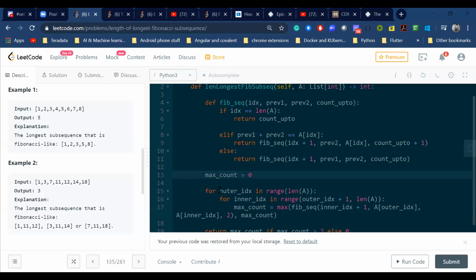This part is n square, right? Then we are calling this recursive call, which goes max up to the length of the array, and that too once. We are not moving back and forth. We are moving one way to the other end of the array. So that could go to n. So I think it's n cube.